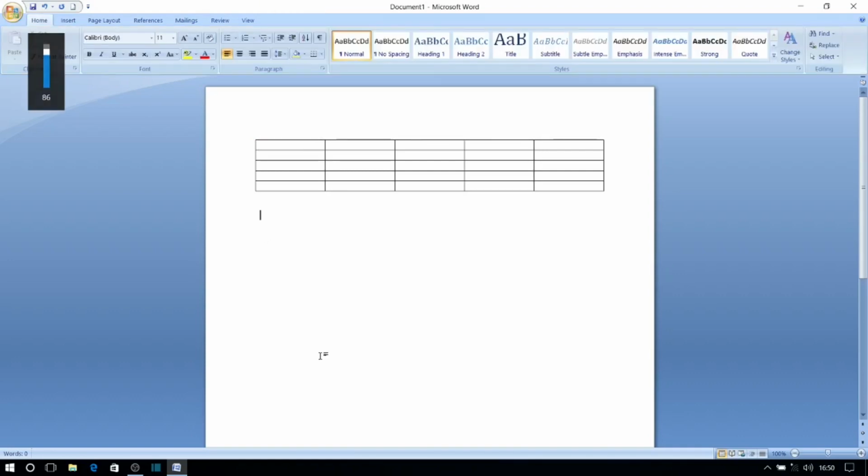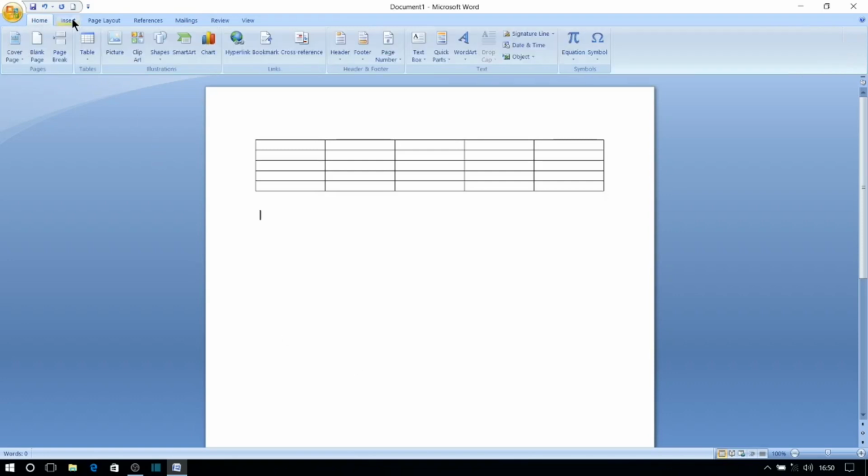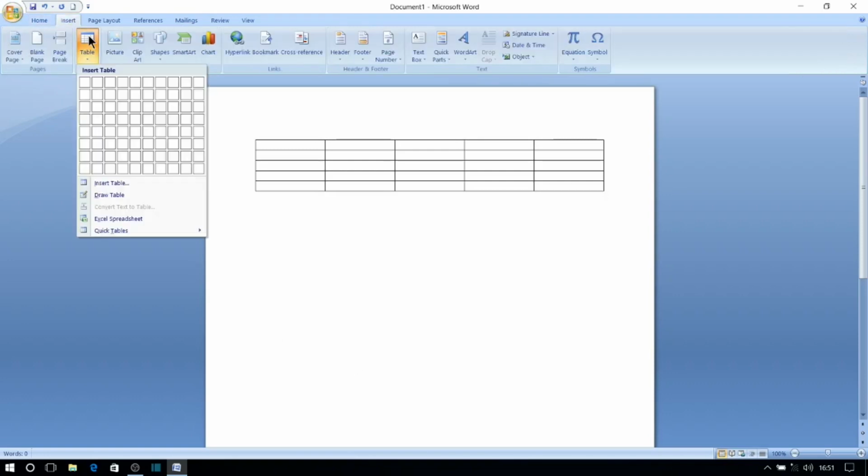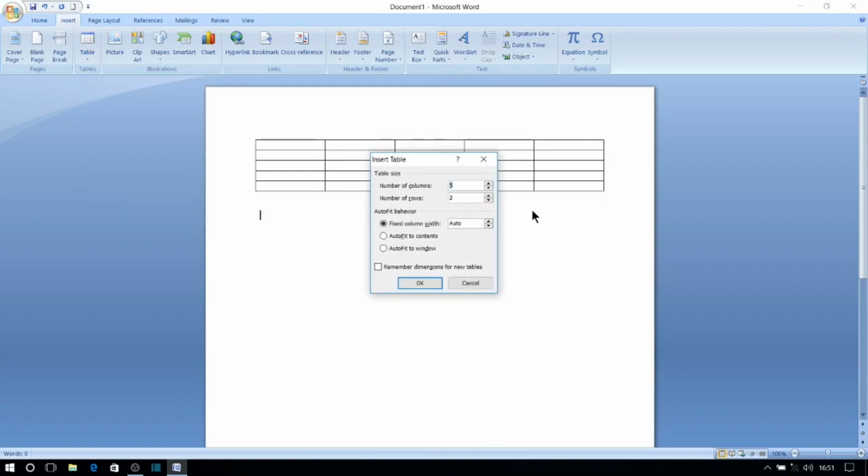Now let us see how to draw another type of table through using the same tool. Let us go and select Insert option and go for the Insert Table tool and decide the number of rows and columns. Now you select the Auto Fit to Contents column option.